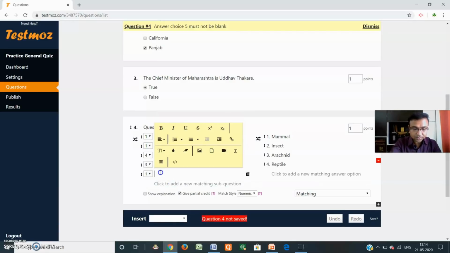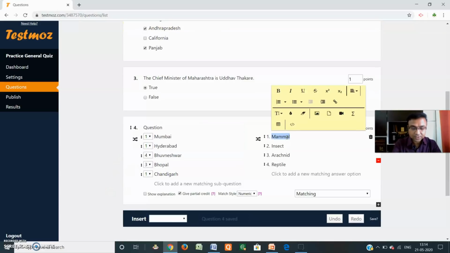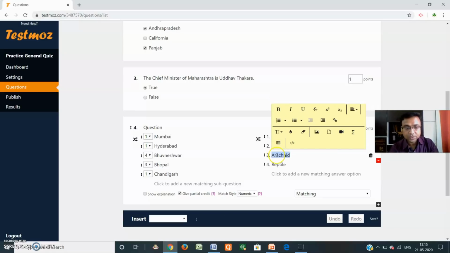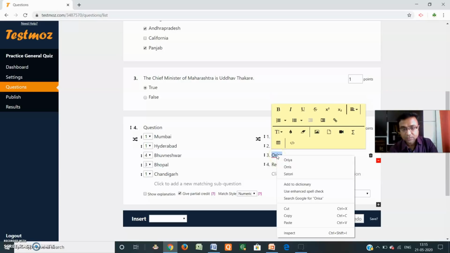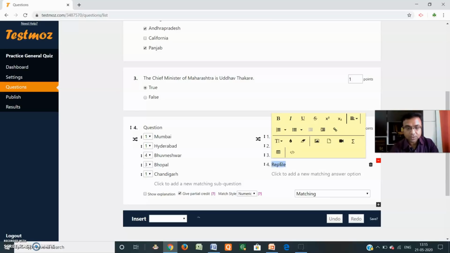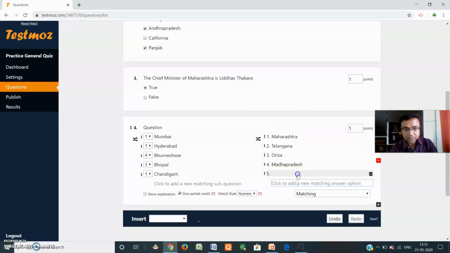You can add Bhopal, then Chandigarh. So these are the capitals, and suppose write in this direction: Mumbai, Maharashtra, Hyderabad, Telangana, Bhubaneswar, Orissa, then Bhopal, Madhya Pradesh, and you can click add here, Punjab.